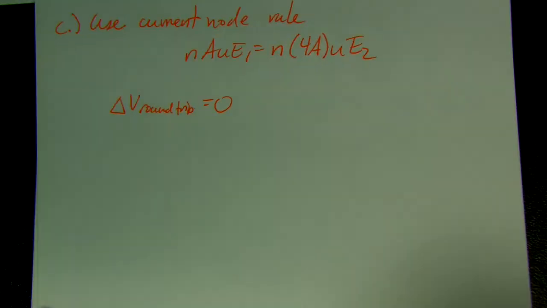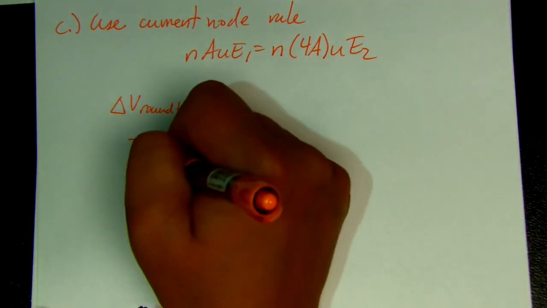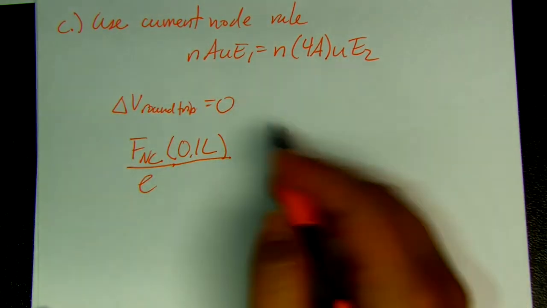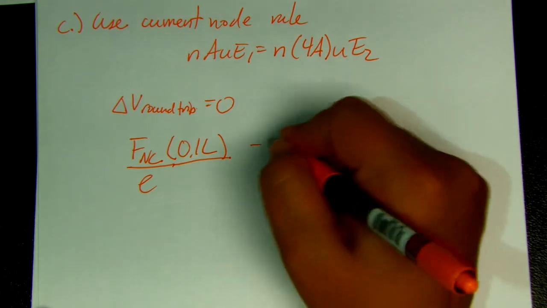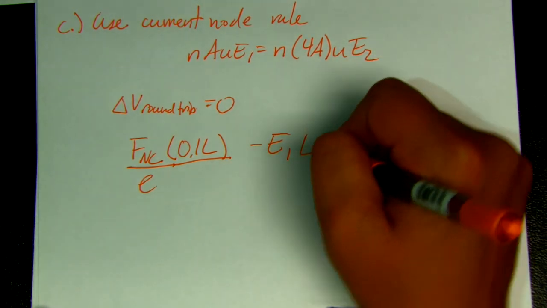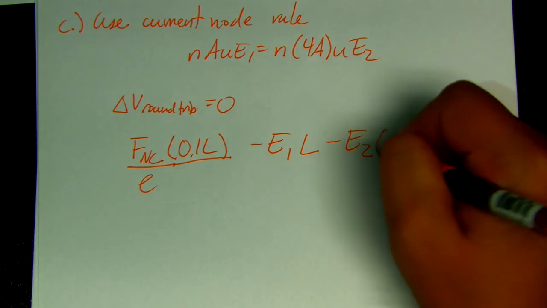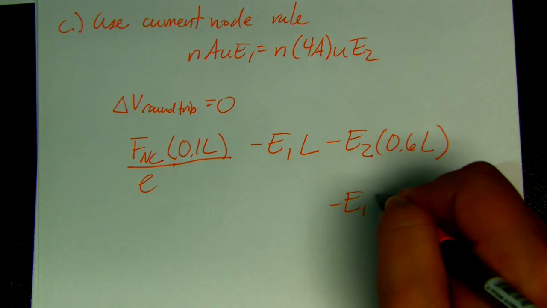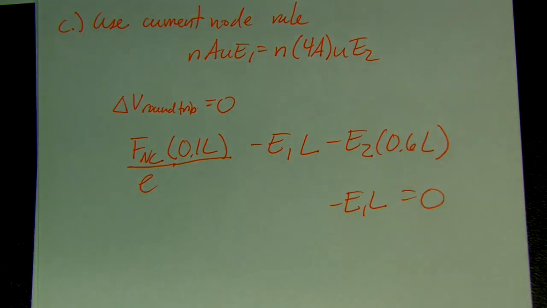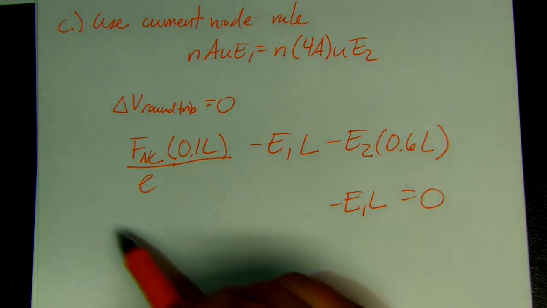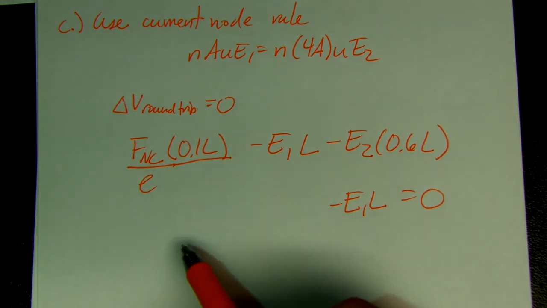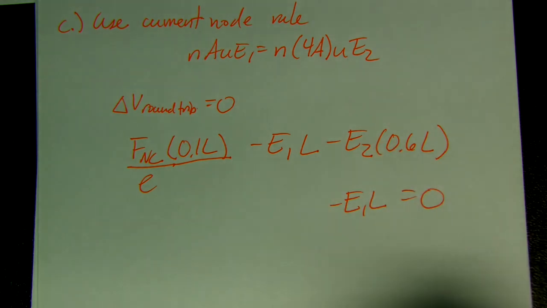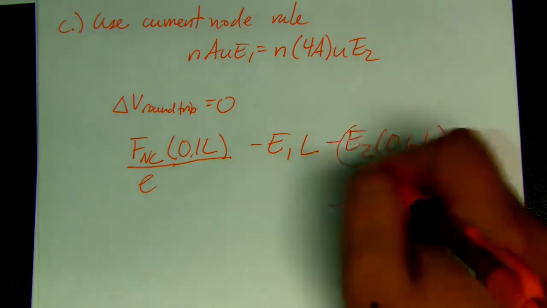So from here, we have force non-Coulomb over E times 0.1 L. So this is just the delta V we've talked about before, minus E1 L minus E2 0.6 L minus E1 L is equal to 0. So now we're just using the information that we've been given. So we're using our formulation for the battery, the two different lengths of wire that are the same, and the one that is thicker. Okay, so if we solve for E2